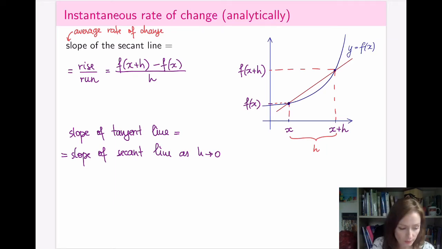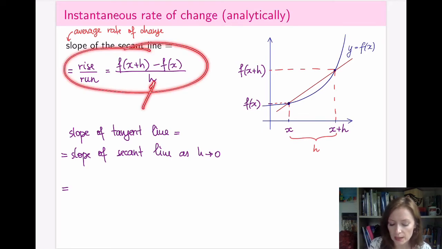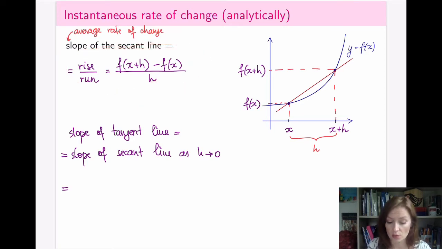The way that we write that down: h going to 0 isn't really a number we can plug in, particularly here, because this is the slope of my secant line. I cannot easily plug in h equals 0 because then I'll be dividing by 0. So the way that we rewrite this is in terms of limits. I will take a limit as h goes to 0,